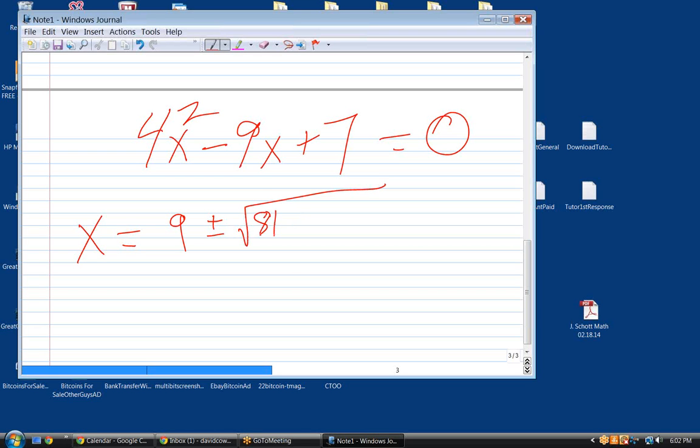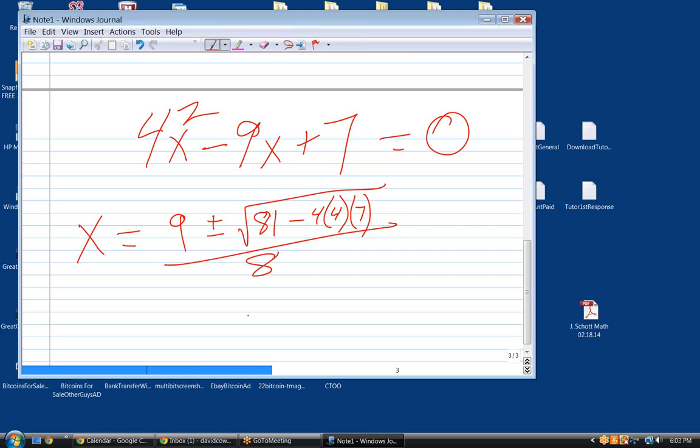It's always going to turn positive even if it's negative. Minus 4 times 4 and 7. Now, in this case, it's a positive, all over what? 2a, which is